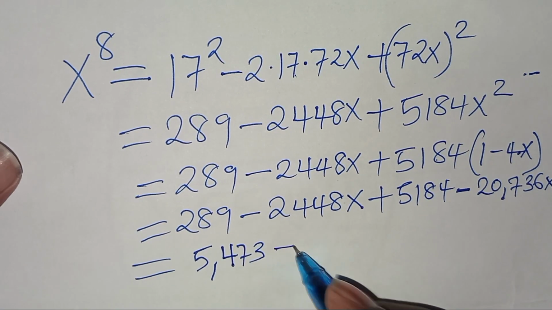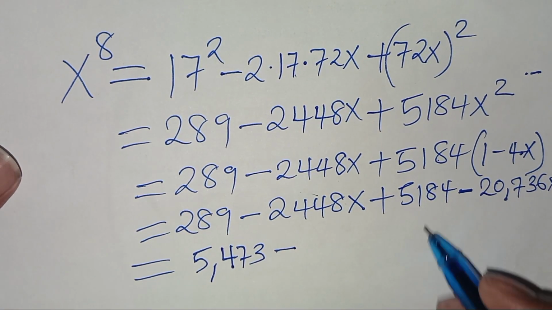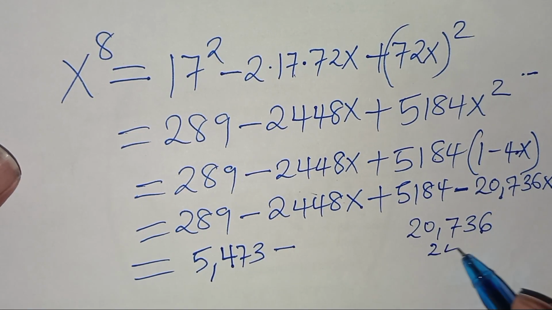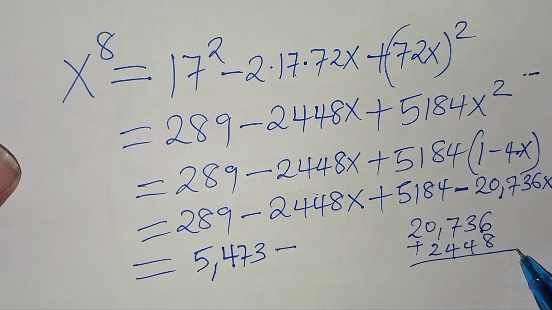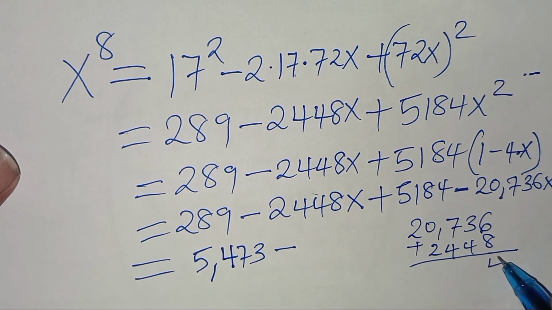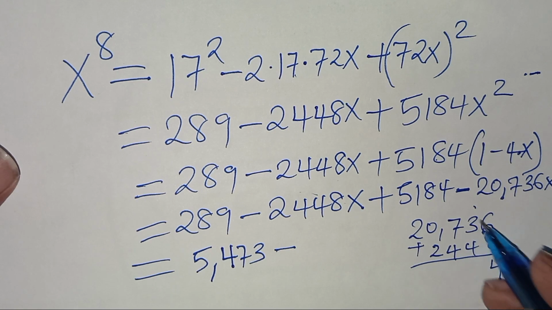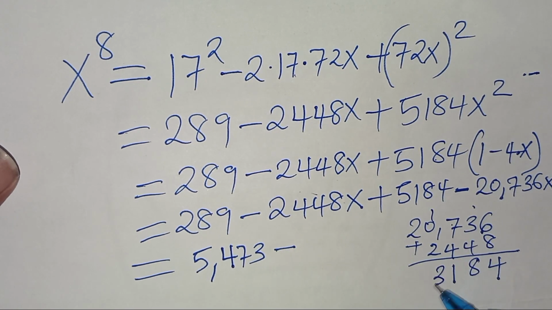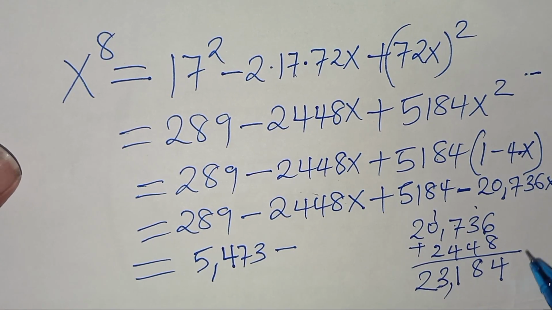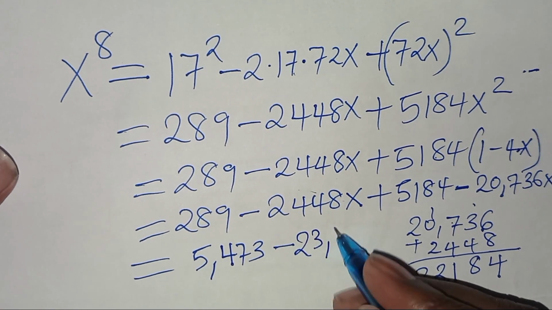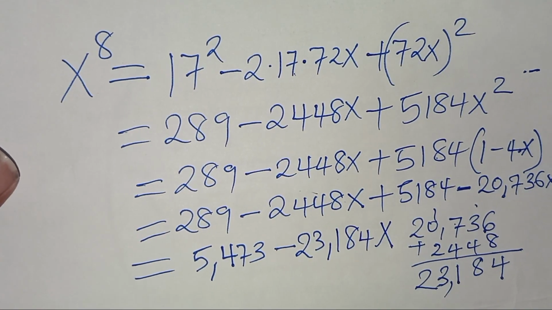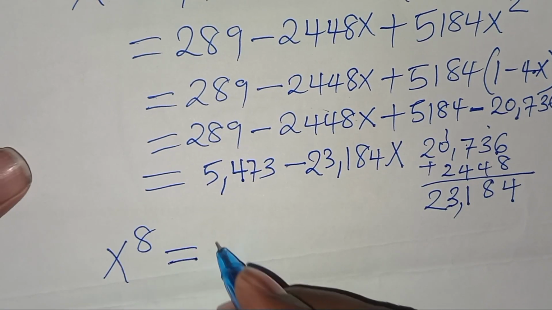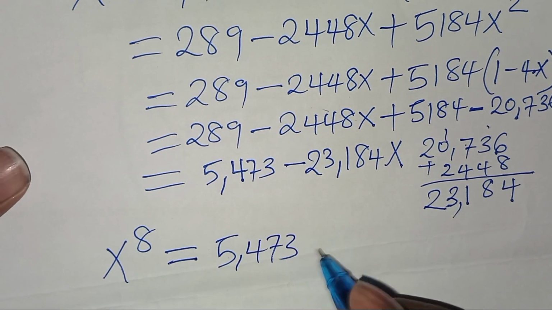Subtract 20,736 and 2448, so we add these: actually it's 23,184x. So we have x to the power 8 equal to 5473 subtract